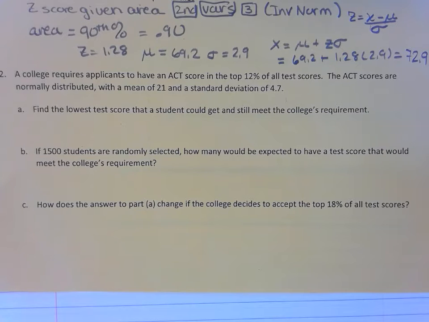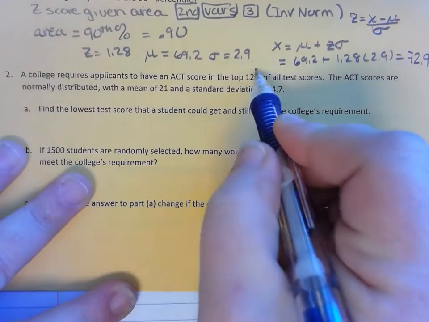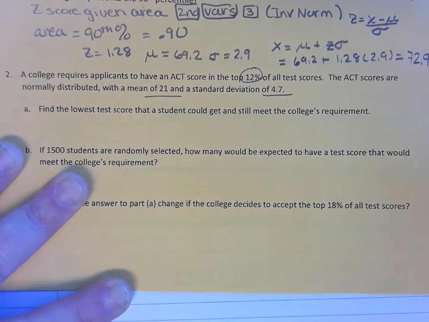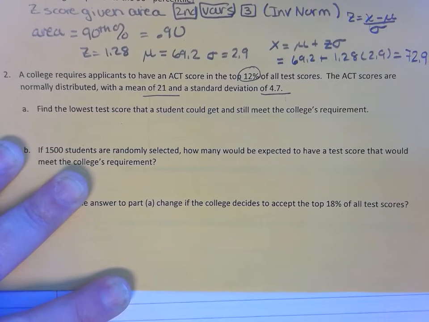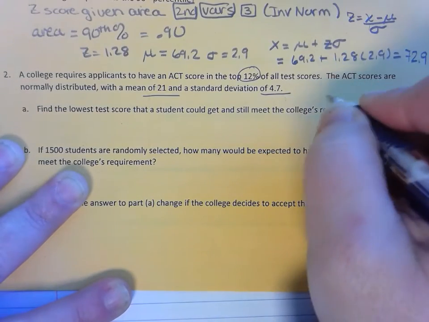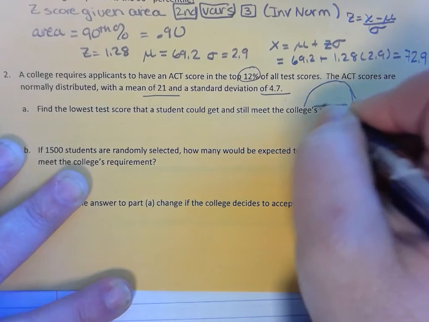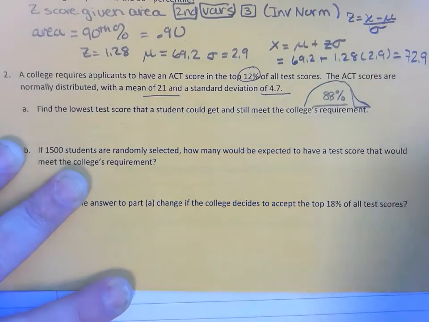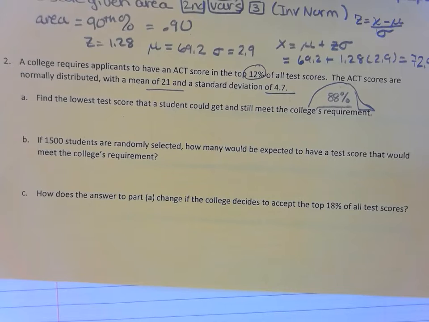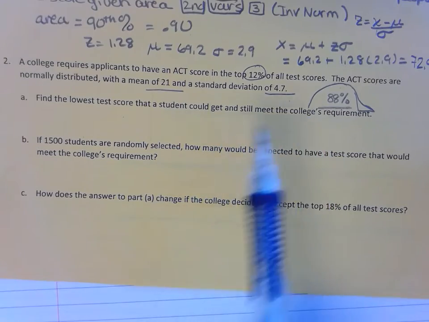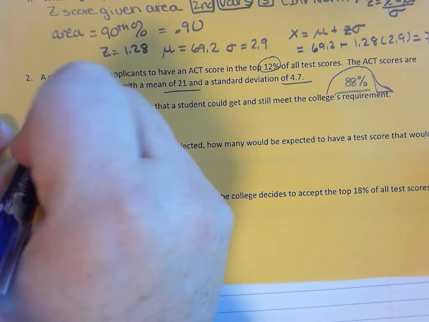A college requires applicants to have ACT scores in the top 12% of all test scores. The ACT scores are normally distributed with a mean of 21 and a standard deviation of 4.7. If you want to be in the top 12%, that means 88% of test takers are below that, right? So find the lowest test score that a student should get to meet the college score requirement. The first thing I need to do is find the z-score